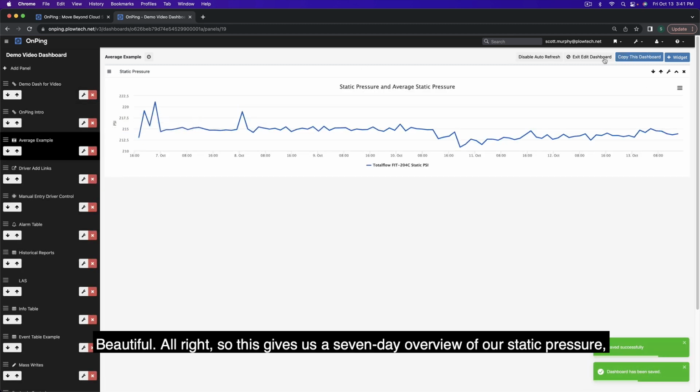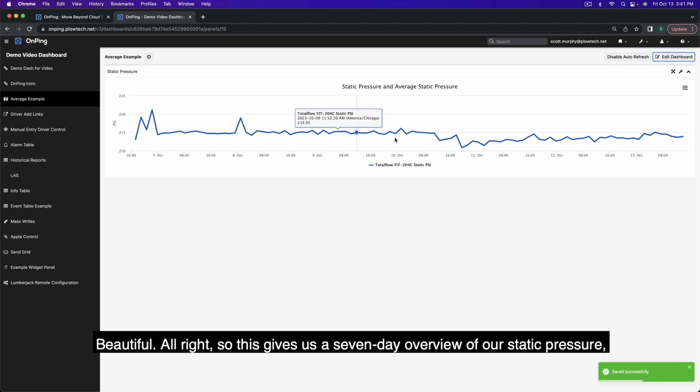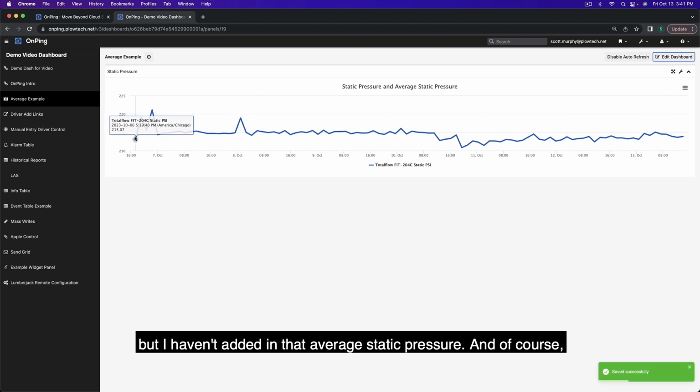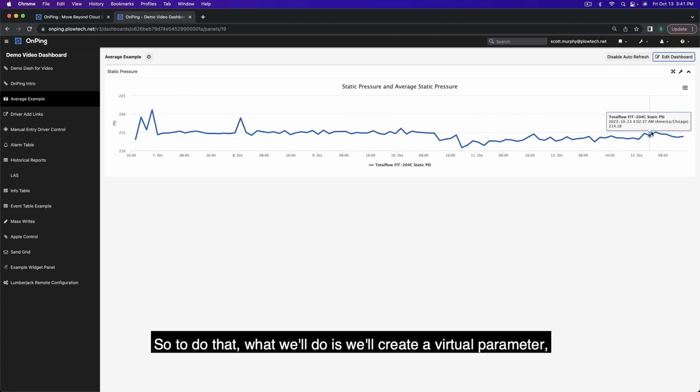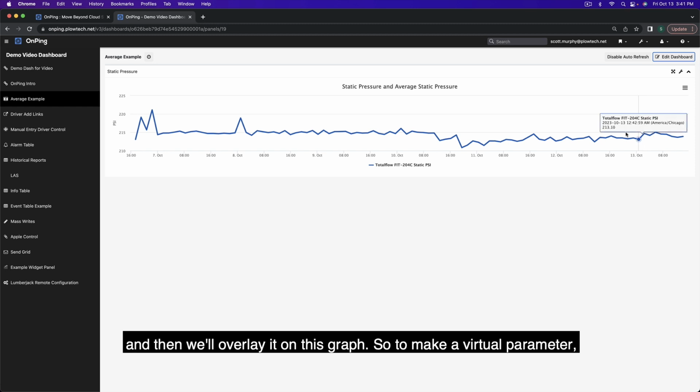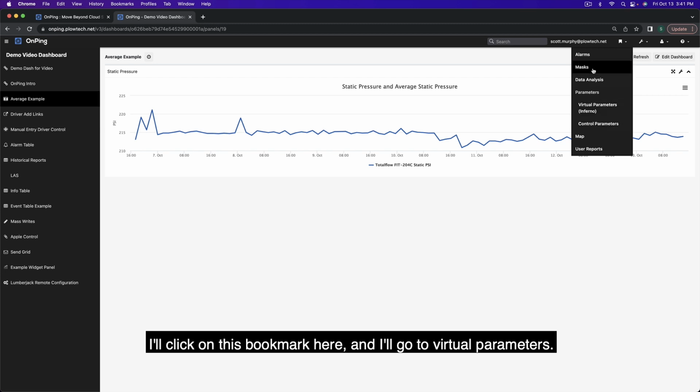Beautiful. All right, so this gives us a 7-day overview of our static pressure, but I haven't added in that average static pressure. And of course, you might want average static pressure to smooth out some of what you're looking at. So to do that, we'll create a virtual parameter, and then we'll overlay it on this graph. So to make a virtual parameter, I'll click on this bookmark here, and I'll go to